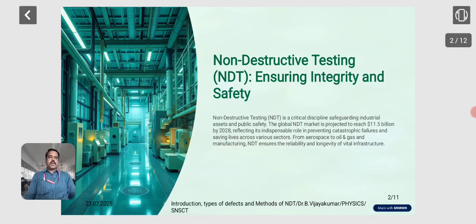Non-destructive testing ensures the integrity and safety of the sample or object. We test it without destroying the sample or object, to analyze all its physical and other properties. That is called NDT. Non-destructive testing is a critical discipline